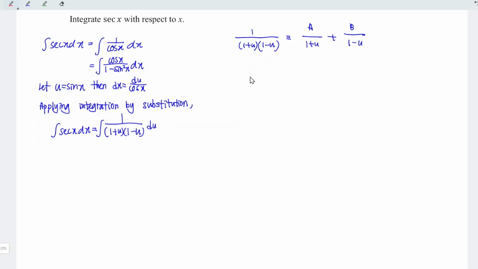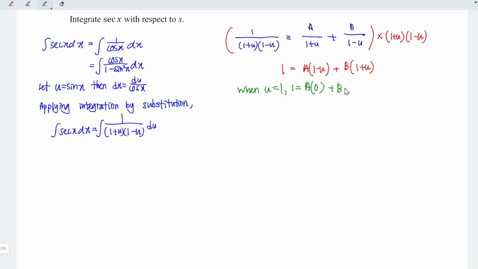Before we are able to integrate further, we should first determine the partial fractions. I'm going to multiply the entire equation by the factor (1 plus u) times (1 minus u), which means that 1 is equal to a times (1 minus u) plus b times (1 plus u). If we set u equal to 1, we have 1 is equal to a times (1 minus 1), which is 0, plus b times (1 plus 1), which is 2, which means that